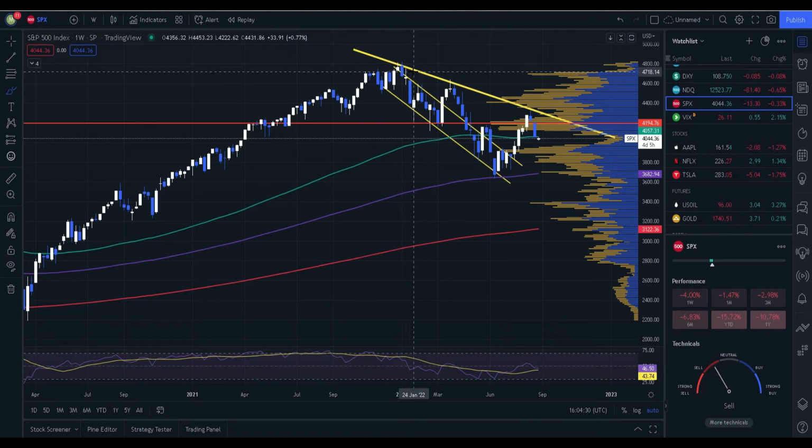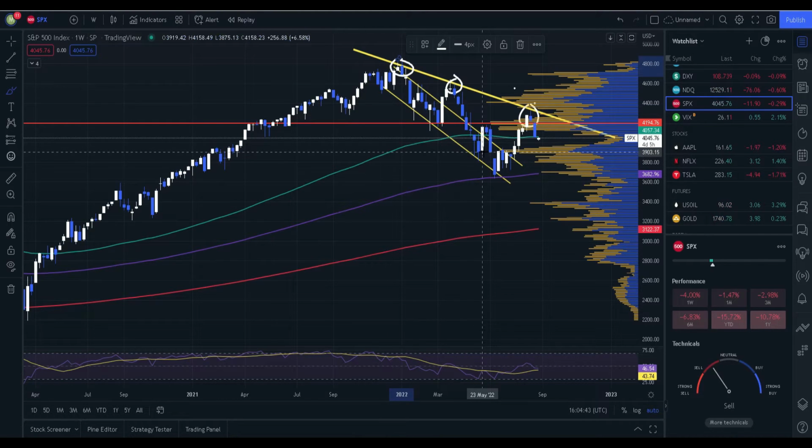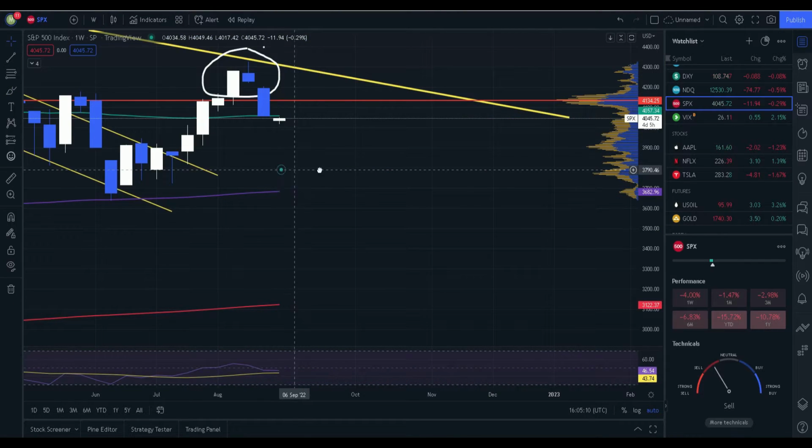So look at this trend line over here, this one over here, very important. Three times we got rejected from here, so we have to keep an eye on this trend line for the future. Also, another important thing we would like to notice over here is, let me zoom in,